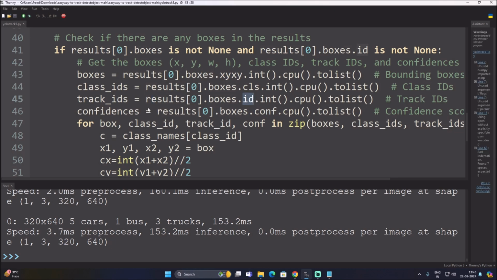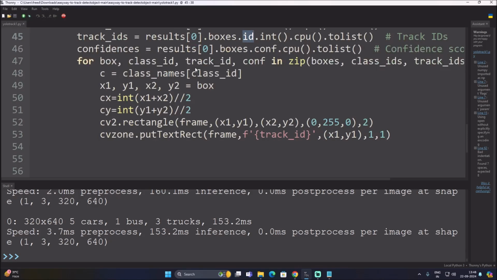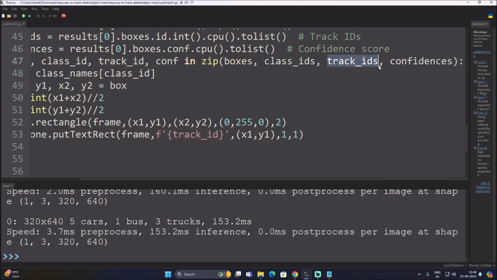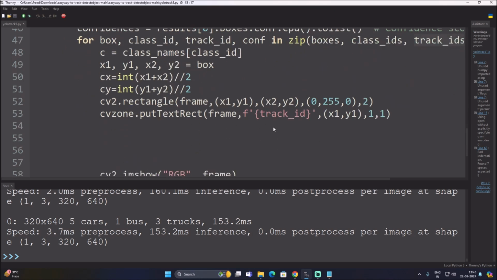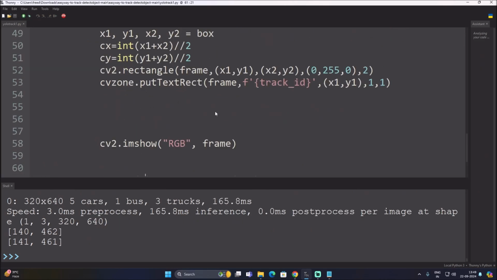Then we use a for loop, and we get our ID with the help of track IDs. So what is track IDs? It is this method. Simple. Now we are detecting the object, and also tracking our object. And now if I start the code,